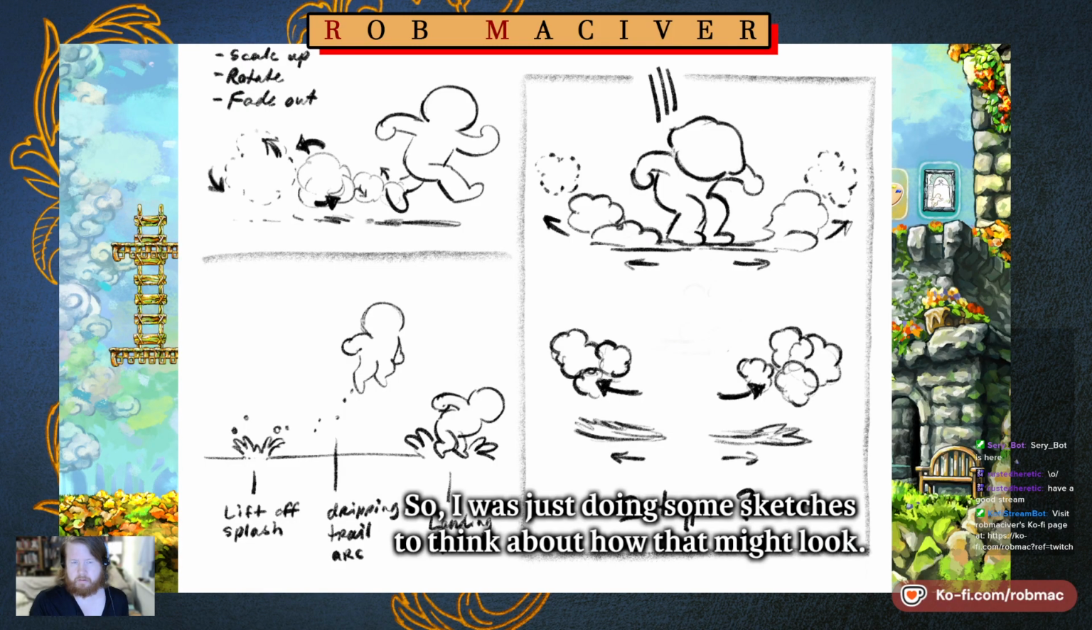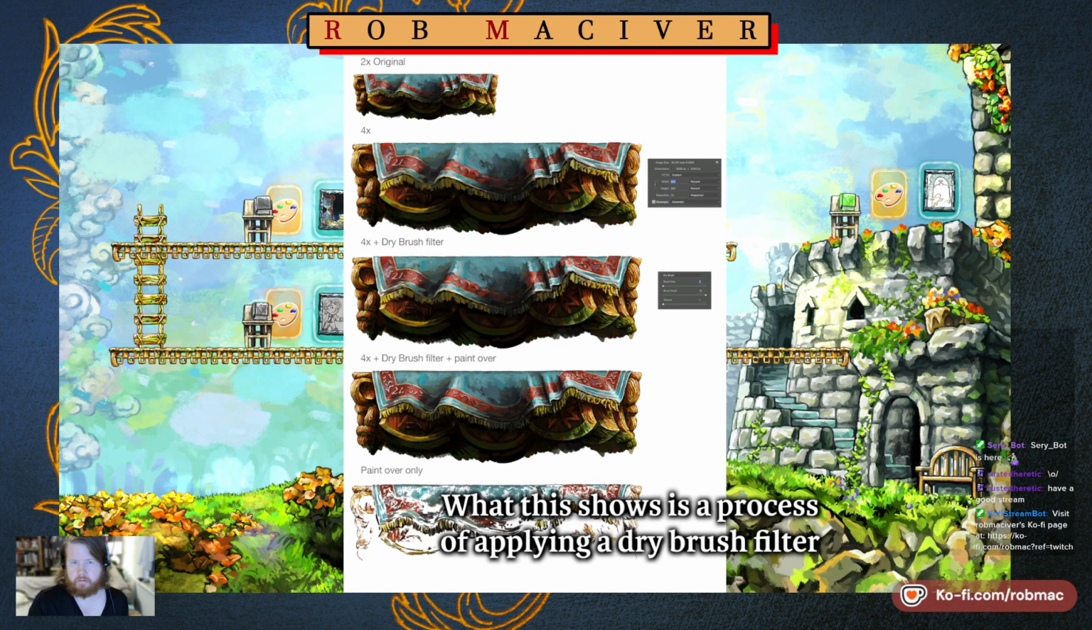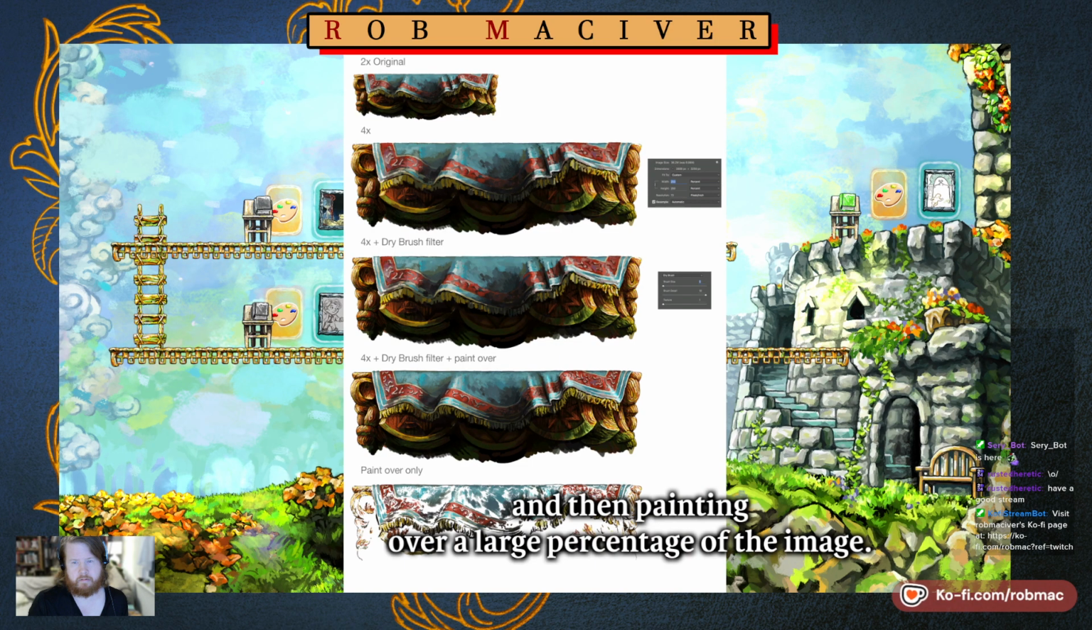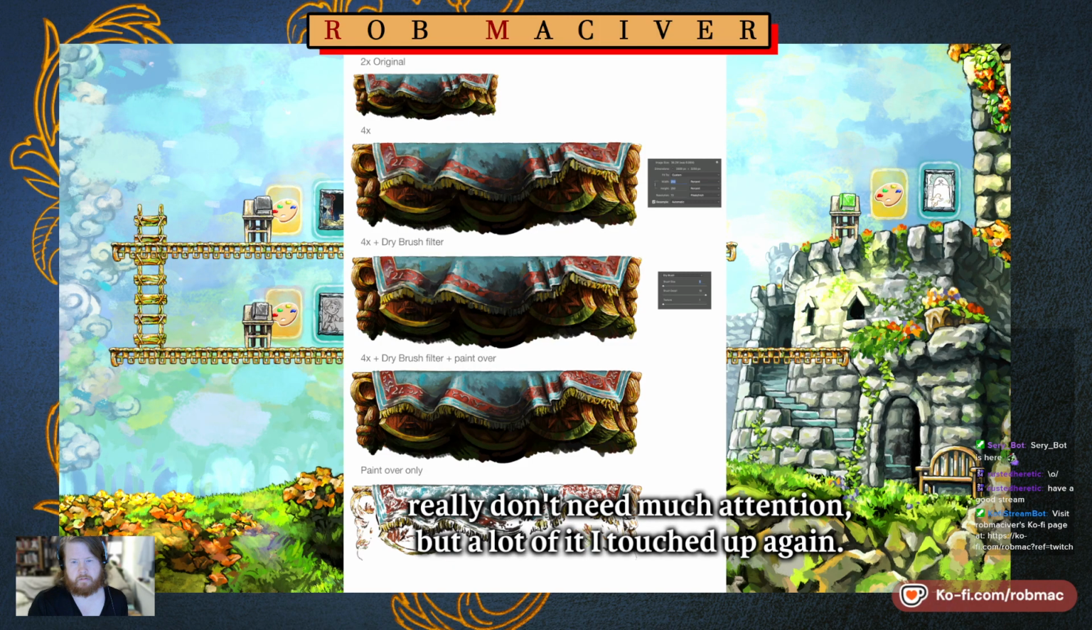So I was just doing some sketches to think about how that might look, how they might move. What this shows is a process of applying a dry brush filter, which cleans up all the fuzziness and looks half acceptable, and then painting over a large percentage of the image. Some parts look okay and can be left as they are. In this case, it's the darker areas that really don't need much attention, but a lot of it I touched up